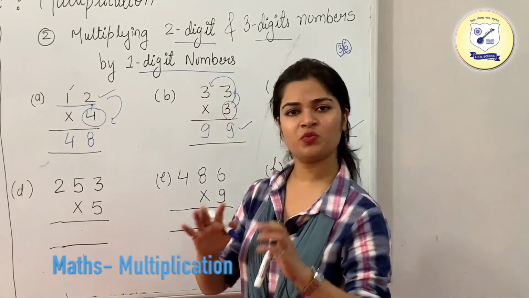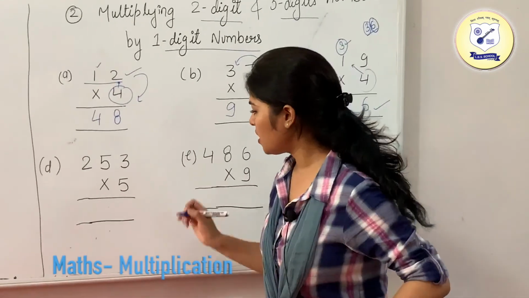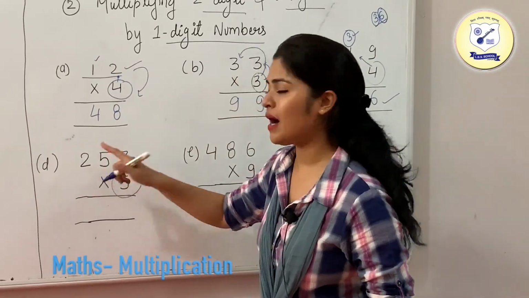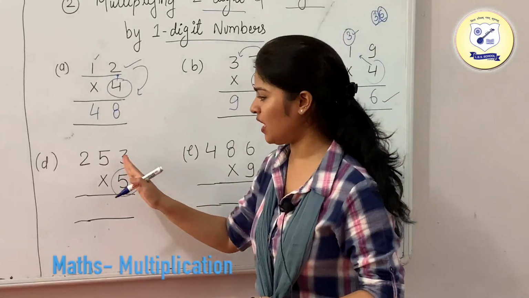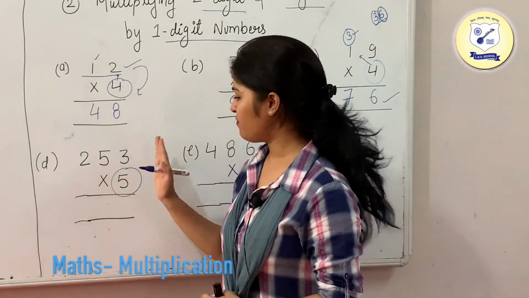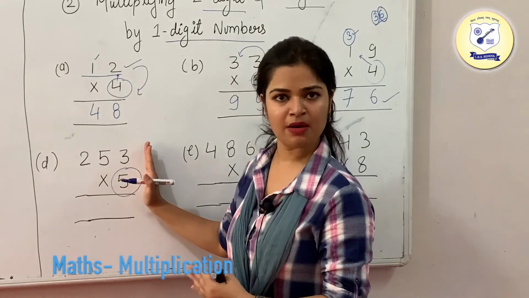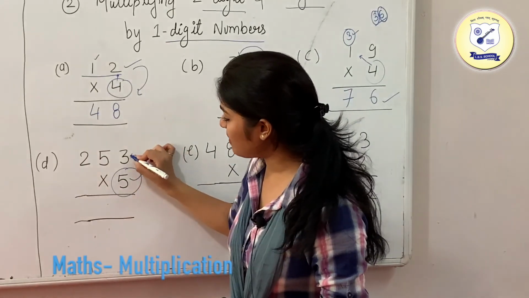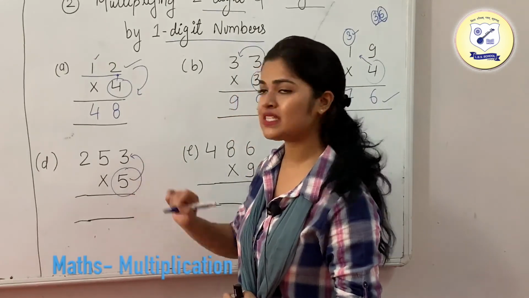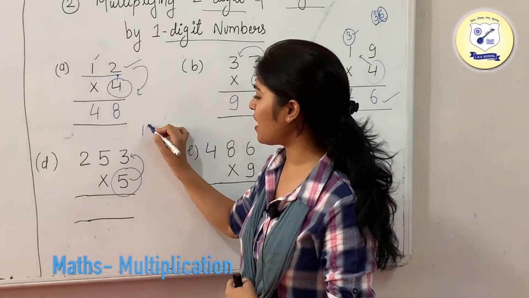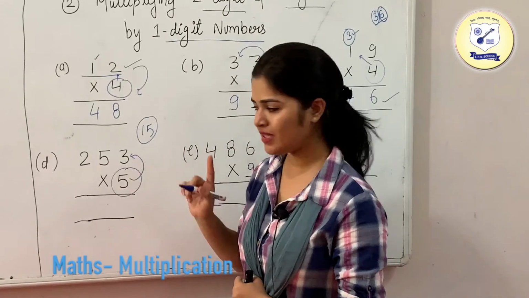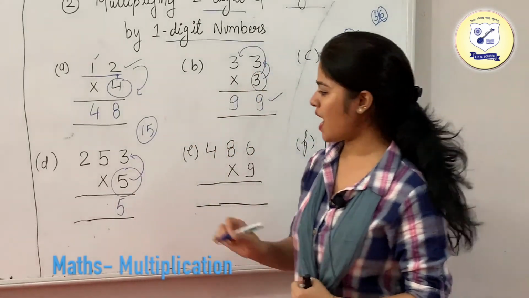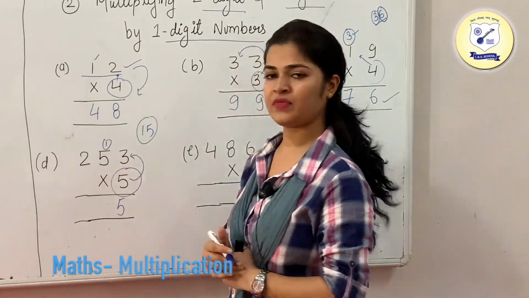What we are going to do is, we need to follow the same procedure. Like we will multiply this 5 with the above written 3 numbers, which are your 3, 5 and 2. We will start multiplying the numbers from the unit places. So first we will multiply this by 3. So 5 3s are 15. Again I have got a 2-digit number. So among these 2 digits, I am going to write 5 as your answer, and will transfer this 1 as your carry.